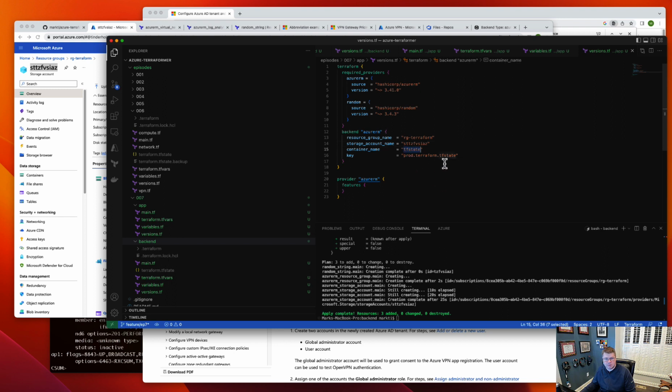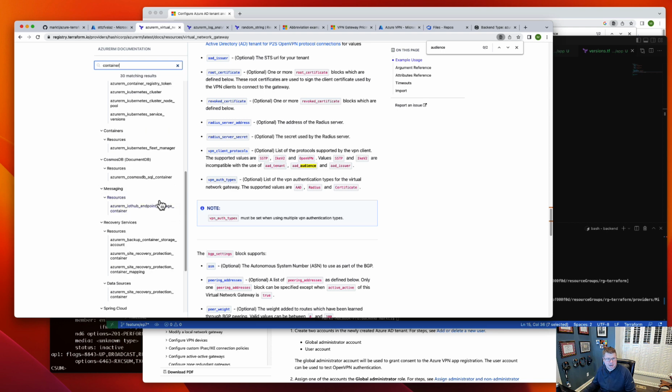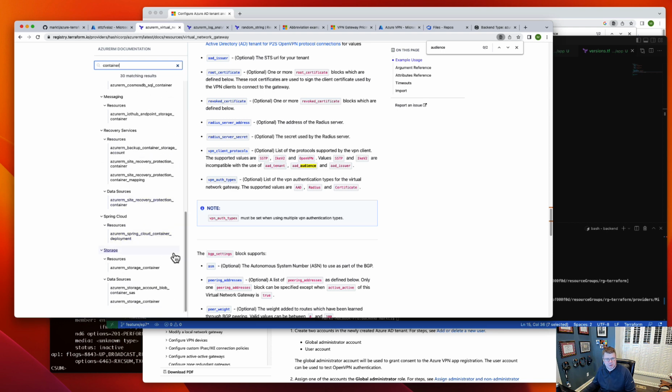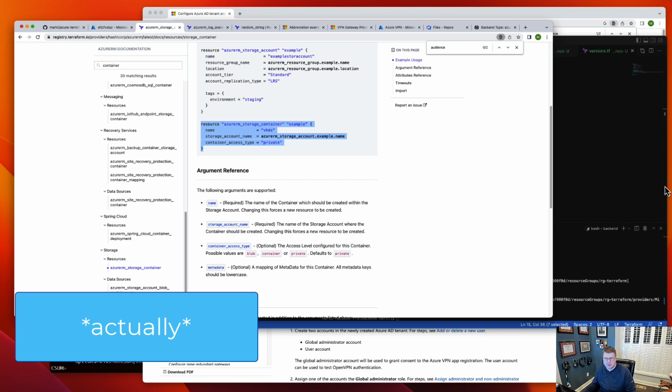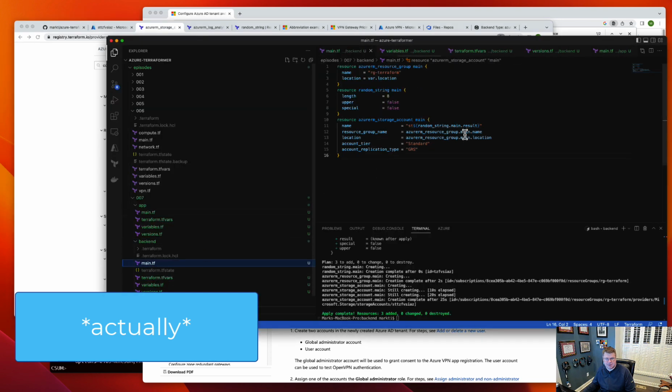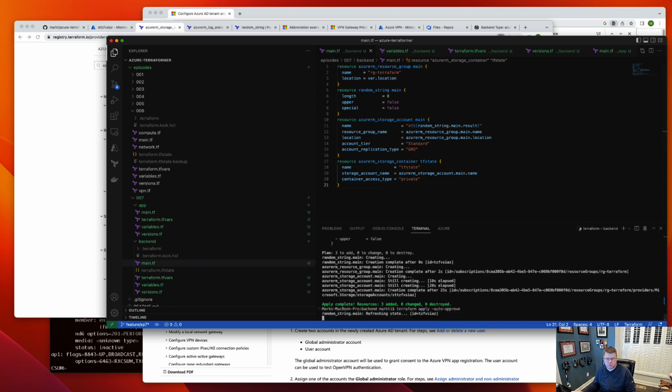one thing I did forget was to provision a container. Easily rectified. I'm just going to go back here and go to container, and it's going to bring up a bunch of stuff actually related to modern day containers, but I also have a storage container, which is actually what I want. And so in my backend deployment, I'm just going to drop a TF state container, declare war on double quotes. It will be private and it will be called TF state. And the storage account reference is this, and we will go run this again